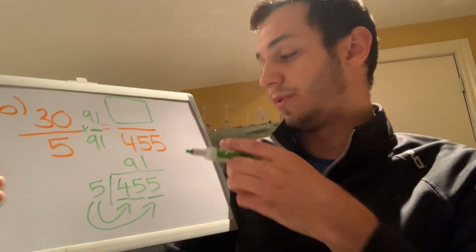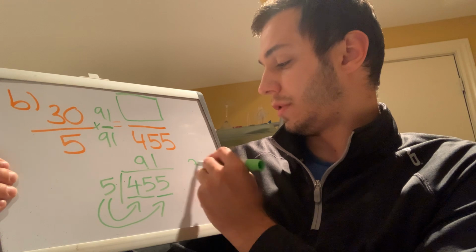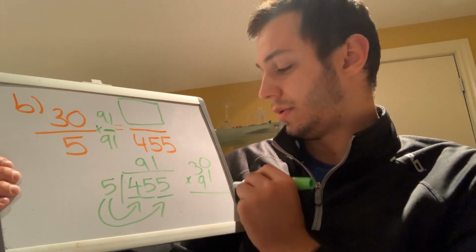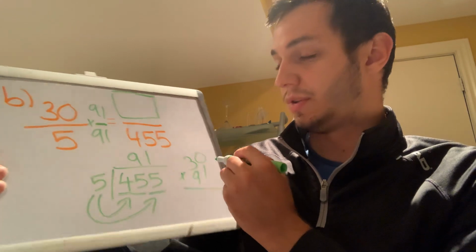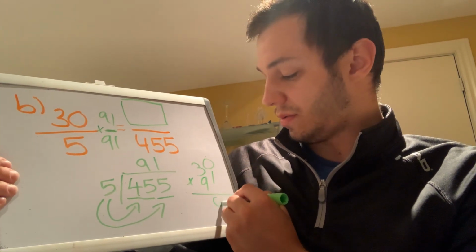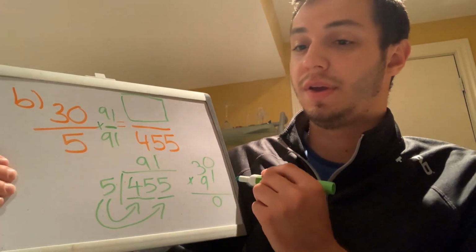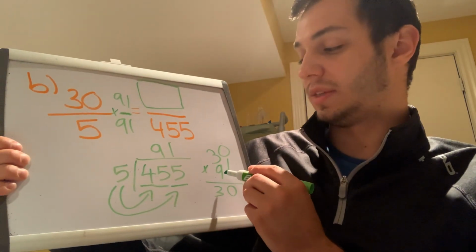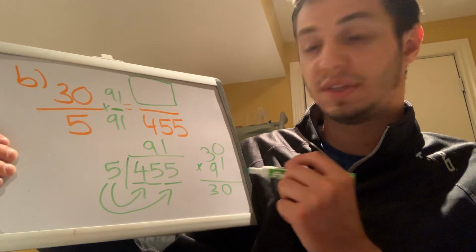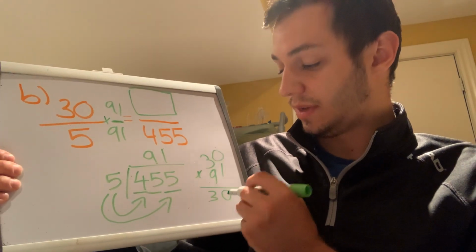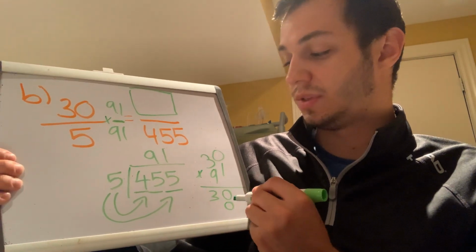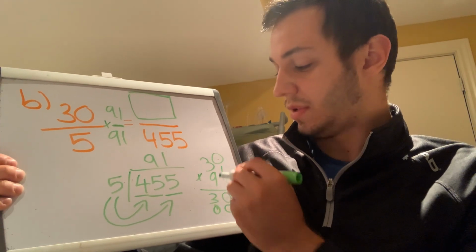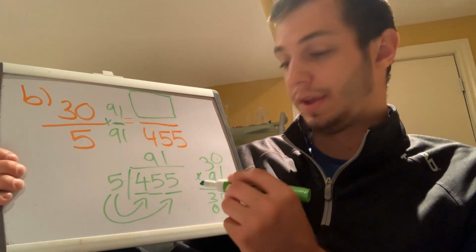So we can do that right here. 30 multiplied by 91. 1 multiplied by 0 is 0. 1 multiplied by 3 is 3. Now I'm going to look at this 9. But remember, since this 9 is in the tens, I have to represent that by putting the 0. And then 9 multiplied by 0 gives me 0. And 9 multiplied by 3 gives me